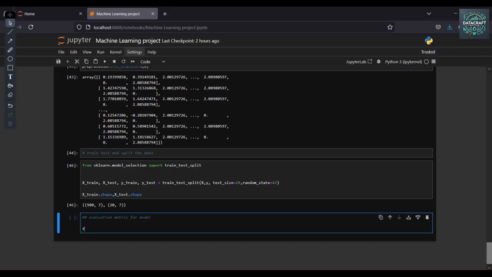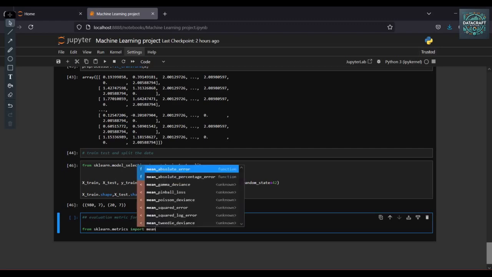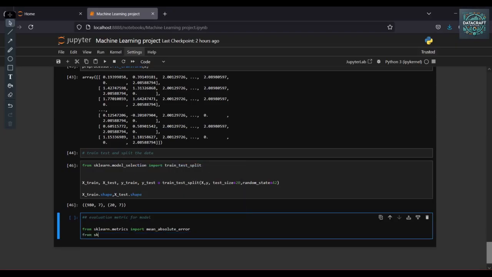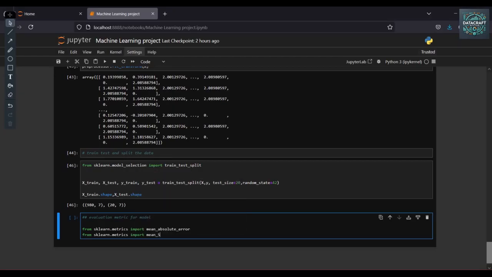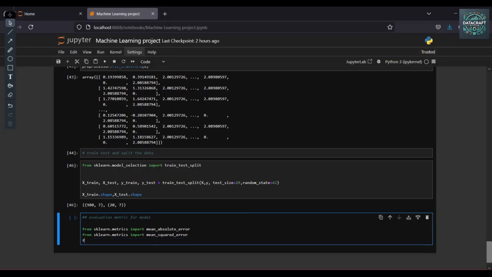So I need to import some libraries from sklearn metrics: import mean absolute error from sklearn metrics, import mean squared error from sklearn metrics, and import r2 score from sklearn metrics.